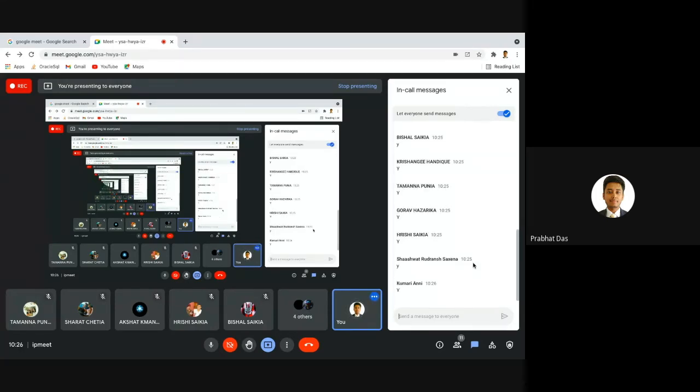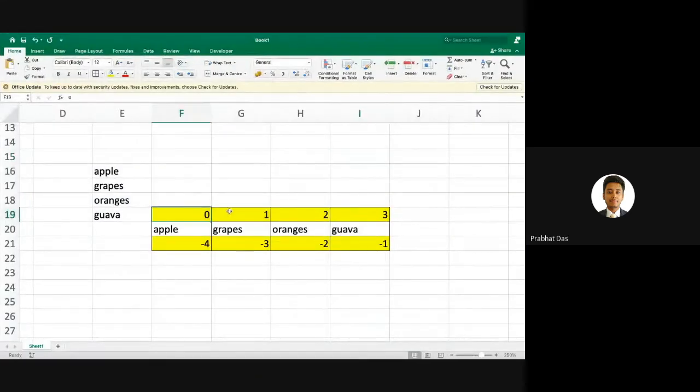In a nutshell, let me tell you, list is a sequential data type of Python. It stores the elements in sequences. For every element we have two indexes, the positive index number and the negative index number. The positive index starts from 0 to n-1.